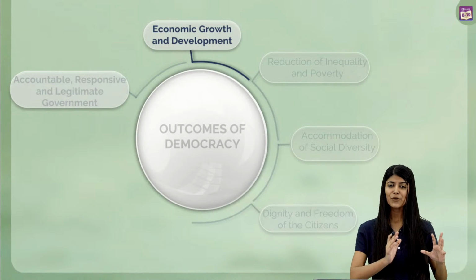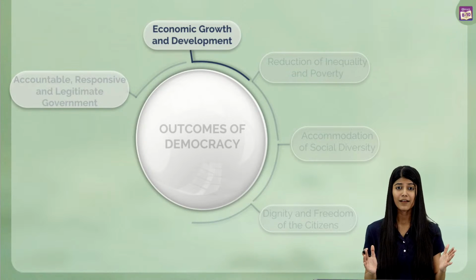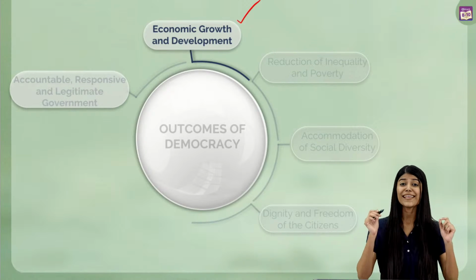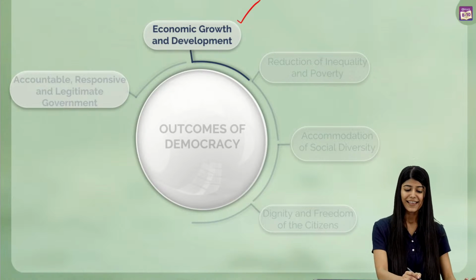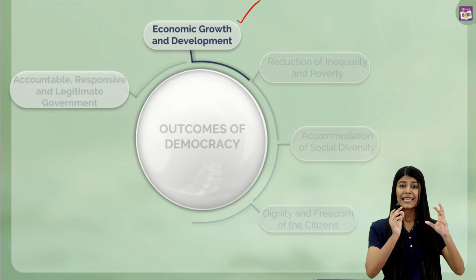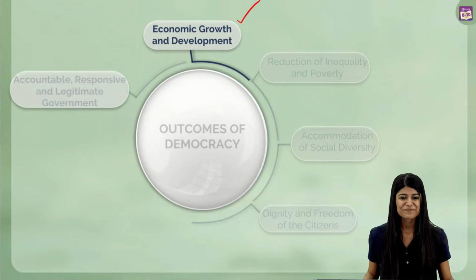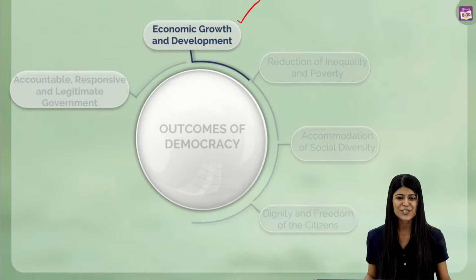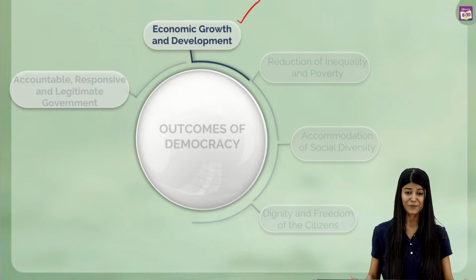In this, democracy is providing us with the freedom and rights. That is good. But hey, what about the economic growth? So let's talk about that. What happens to the economic growth and development in democracy? Hello, Tanisha. Awesome. Okay, I could see Abhishek writing that democracy is one of the best forms of government. We'll find it out in different aspects, Abhishek.